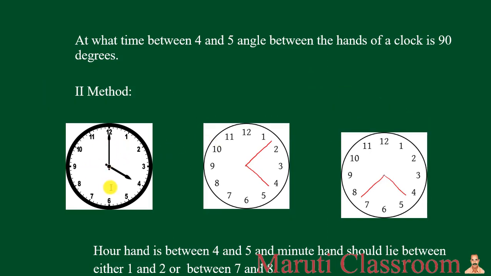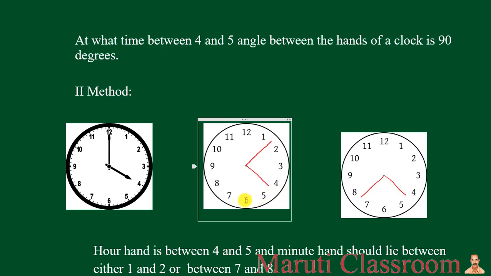Now this clock is showing 4 o'clock. Time is between 4 and 5. So our hour hand is between 4 and 5. Now let us find out between which two numbers the minute hand should lie to make a 90 degrees angle with our hour hand. First let us take a 30 degrees angle. Between which two numbers should the minute hand lie to make a 30 degrees angle with our hour hand? If both hands are between 4 and 5, the angle between the hands cannot be 30 because the angle between 4 and 5 is 30. If both are in between, the angle cannot be 30. So to make a 30 degrees angle with our hour hand, the minute hand should lie between either 3 and 4 or 5 and 6. The 5 and 6 case we discuss later.